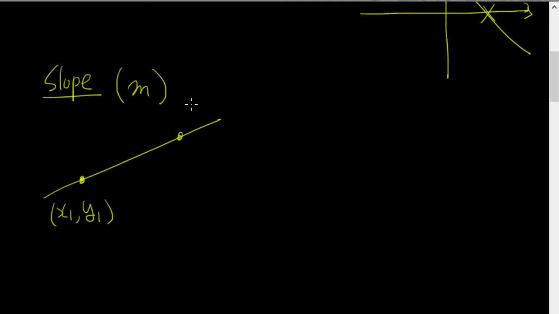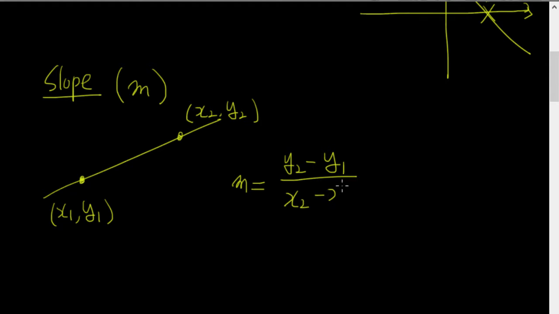Let's say this point is the x2, y2 point. So we have these 2 points. When we try to figure out how fast it increases or decreases, we use this formula. So m